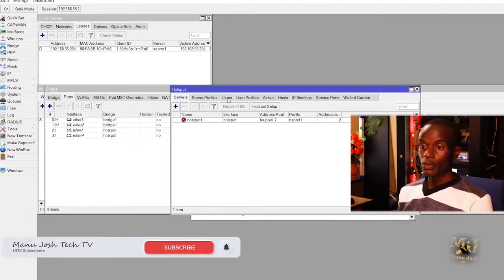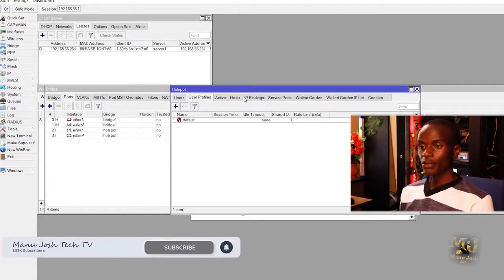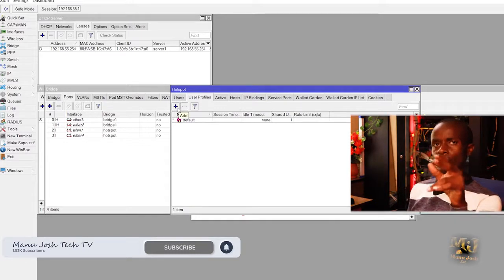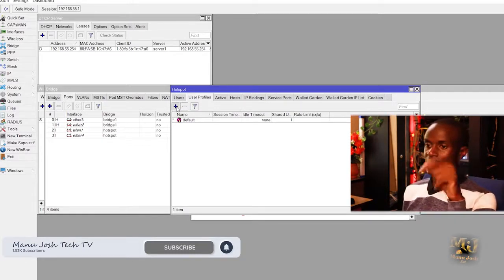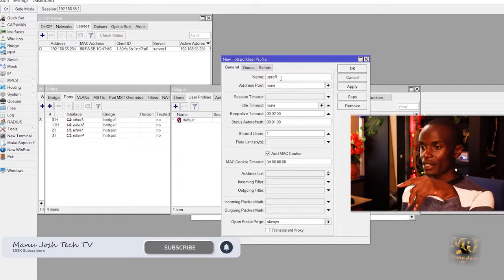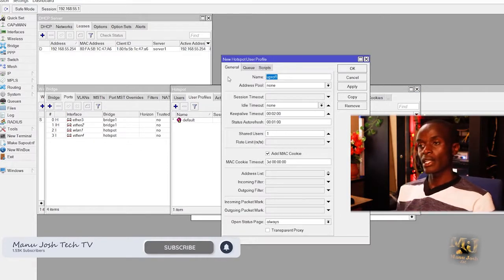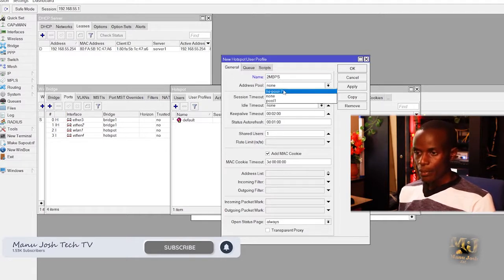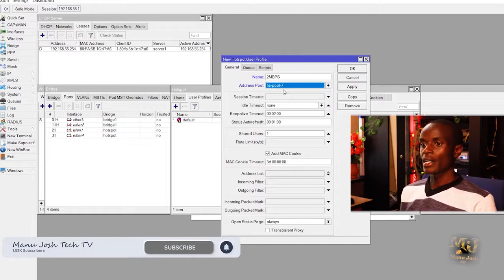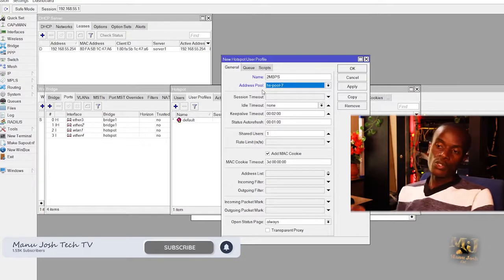So if you go to the profiles, you can create profiles. We have the default profile. By default, it is assigned 4 Mbps, but we can create our own profile. Let's say for our hotspot we'll assign 2 Mbps. That's a single profile that we'll create. Then under address pool, that's the pool that it will be picking the IP from and assigning the users. We choose the hotspot pool,